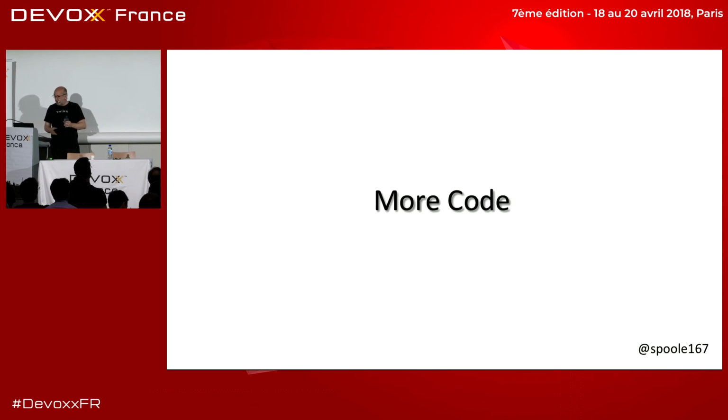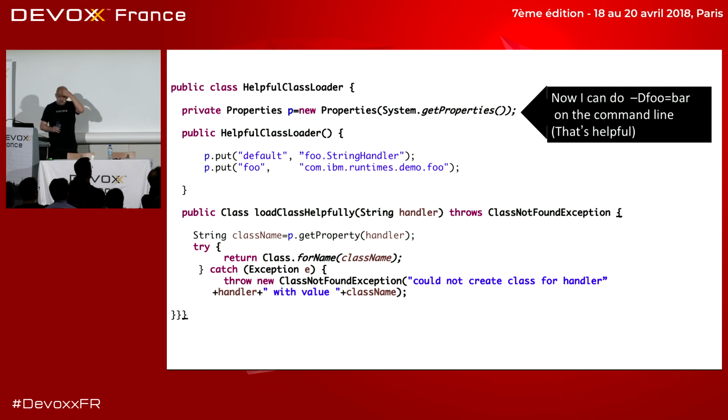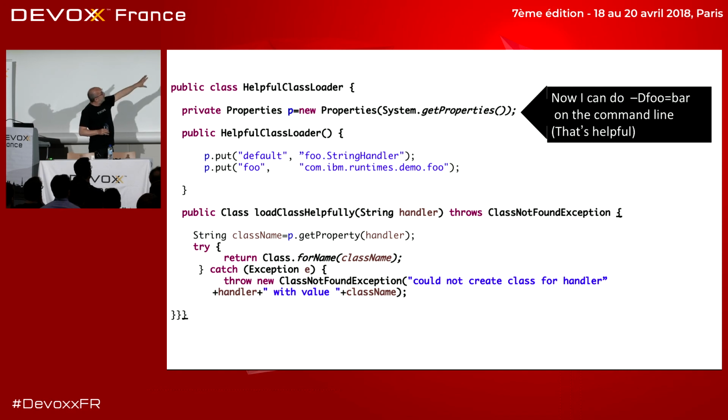Okay. Right, let's do some more code because talking about CVEs and things is a little bit boring, but I'm just trying to get you to think about it. So, this is going to explain to you another little bit about how helpful we can be to ourselves and how that can go wrong. So, some code.